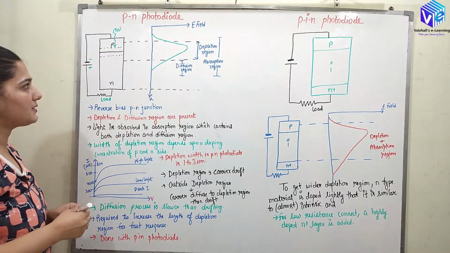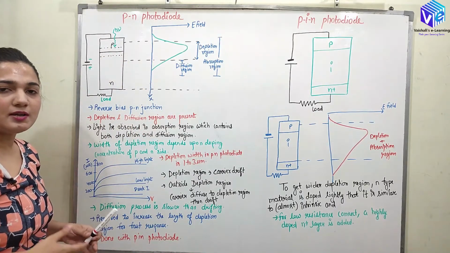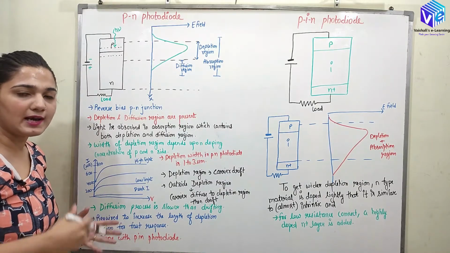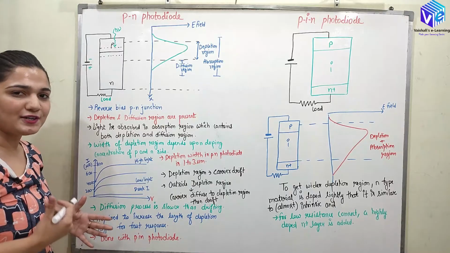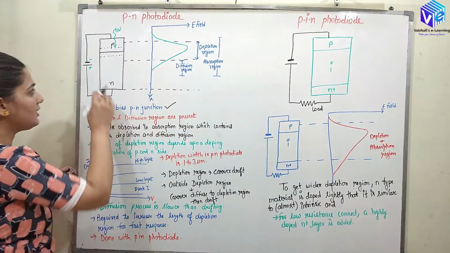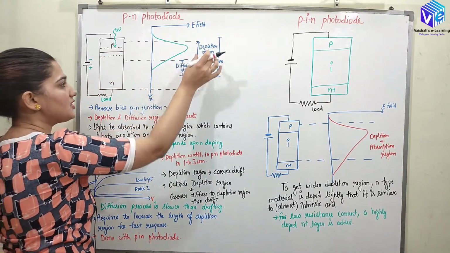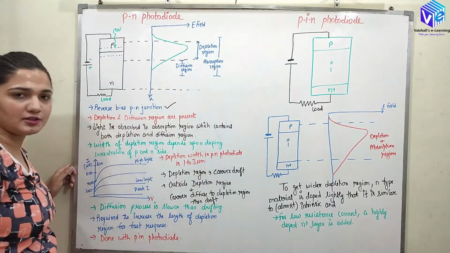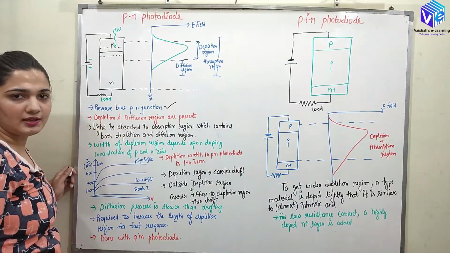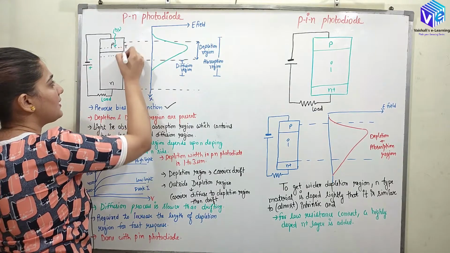So now what happens when light falls near or onto the depletion region? So we are going to generate some current with the help of this falling light, as I have already told you in the previous video. So we have the reverse biased PN junction. You can see the polarity. Now here we have three types of region: depletion region, diffusion region and absorption region. The light can fall anywhere in the absorption region, right? So now in the absorption region we have, let's suppose from here up till here.